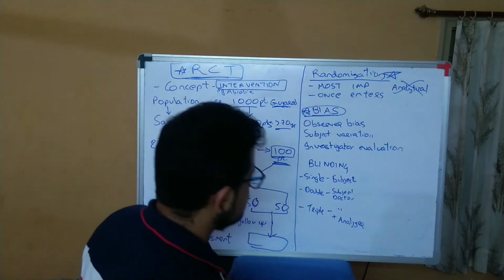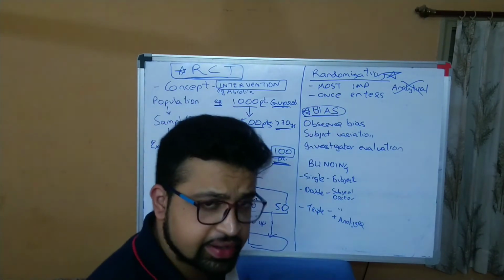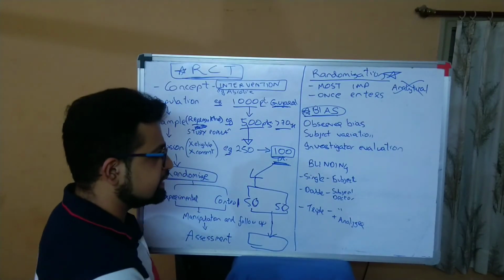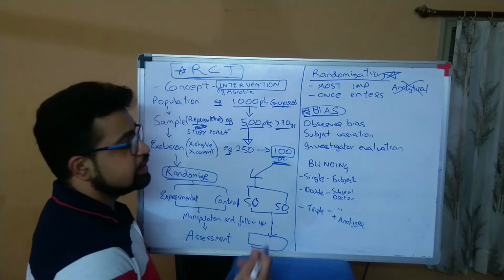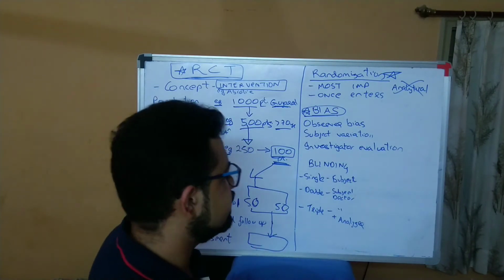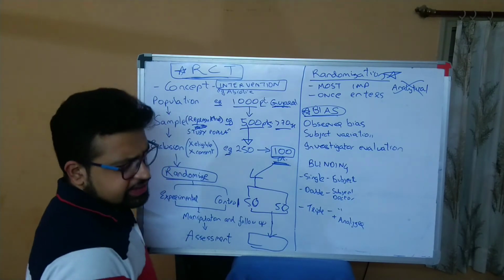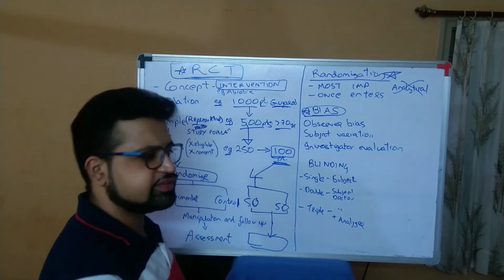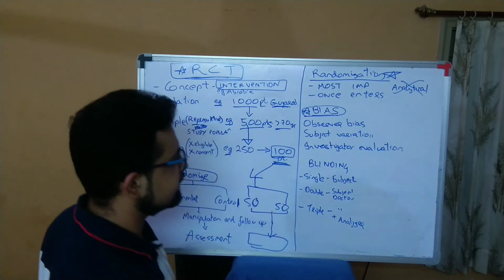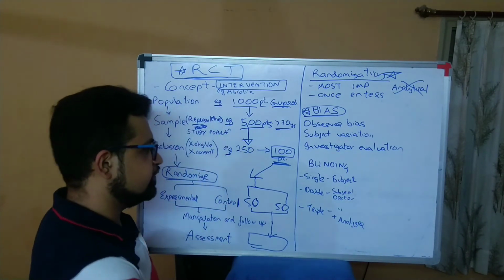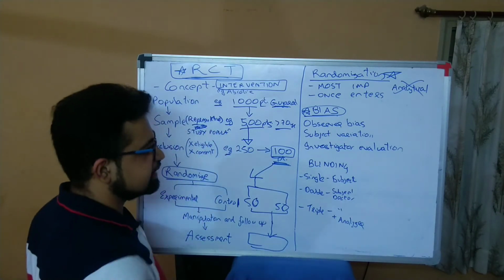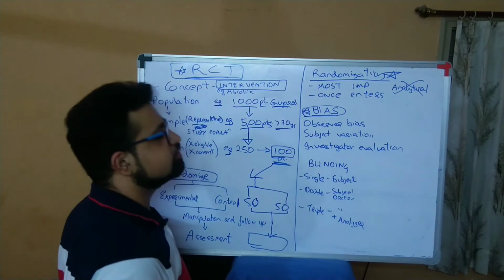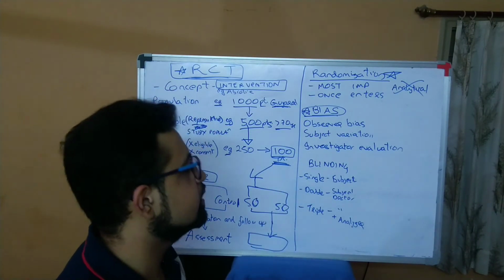Subject variation. What does subject variation mean? Let's suppose the person in hand, these 50 patients who are being given the drug, knows that they are being given the drug. Then definitely there is a bias. The person feels that yes, I am being given a drug. He would say, yeah, my headache improved. And what is investigator evaluation? After you get the data, the investigator knows that this data of 50 people has been given amphotericin and these have not been given. Then definitely there would be a bias. So these are the three biases which we need to eliminate in a randomized control trial.